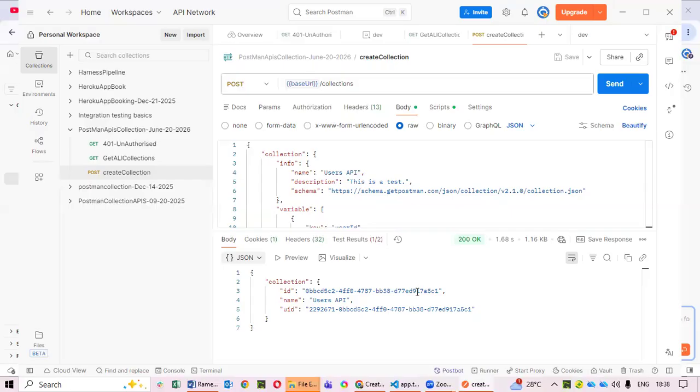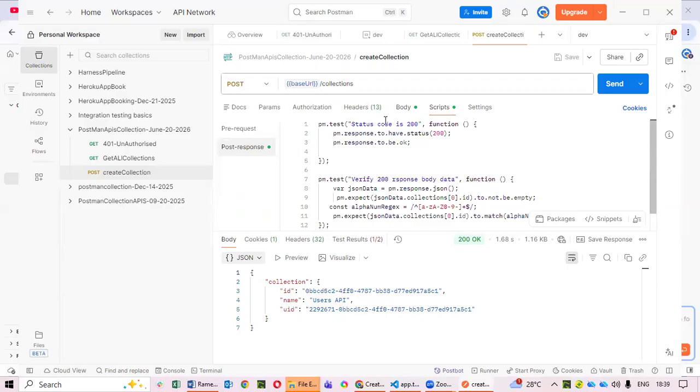There is an environment variable dot set method. So we have to set in the environment variables. Let's see how to use that. Go to scripts tab. So status code is fine. In this test case, you don't need to change. Now verify, create collection